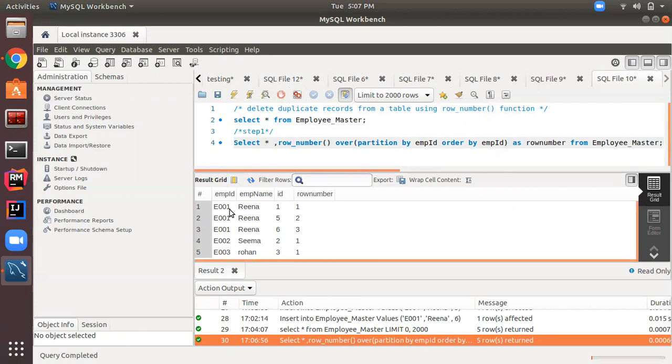As you can see, records with the same employee ID are coming together, and it has assigned a unique row number to each member of the group. It assigns 1, 2, 3 to E001, and since E002 has only one occurrence, it assigns 1, and E003 also gets 1.